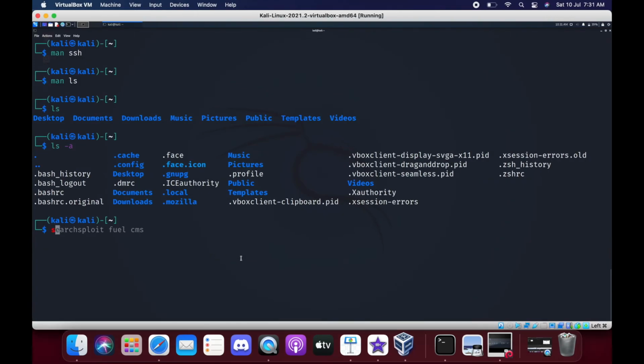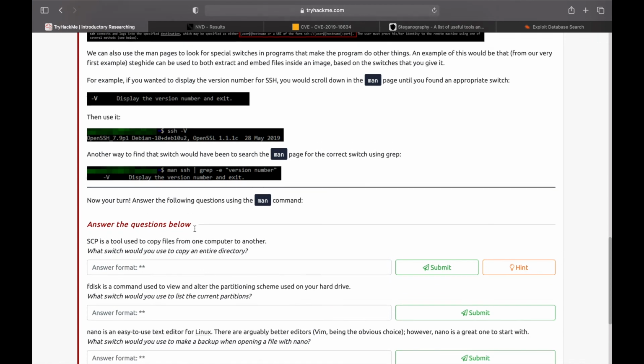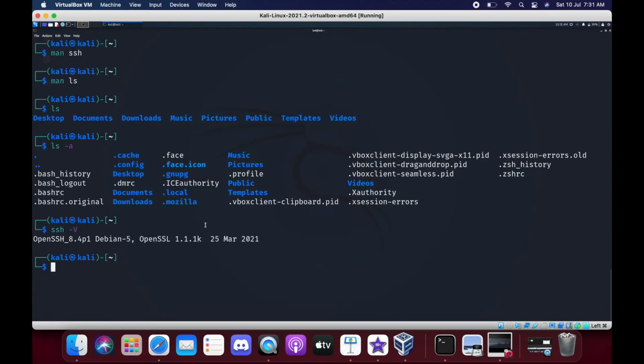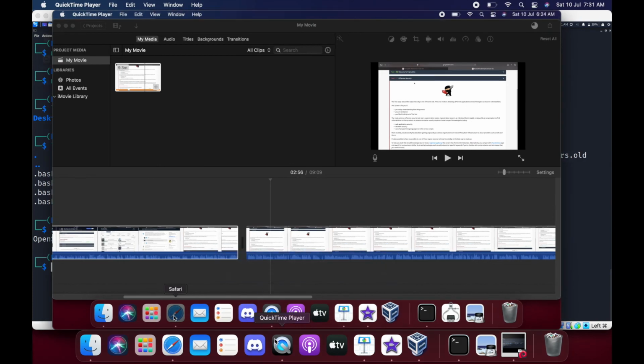So it's ssh -V. You can see, right? It's Debian.